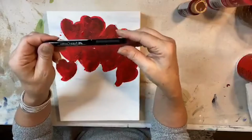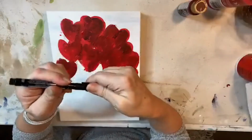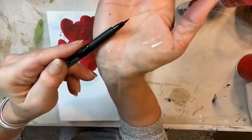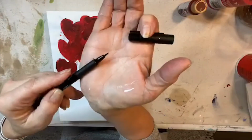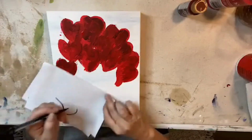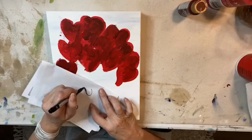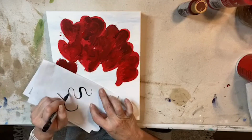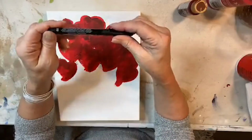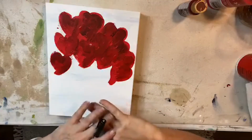This is a Faber-Castell Pitt pen. It is SB, which means it's kind of like a calligraphy pen. You can see that it has a long point. It has a long, flexible point so that if you press really lightly, you can make small lines, but the harder you press, the fatter your lines can get. See that? Let up, press down. So that's kind of what that is. It's like a calligraphy pen, and it's archival quality, so it will not run when the resin goes over it, okay? So I am just going to very sloppily